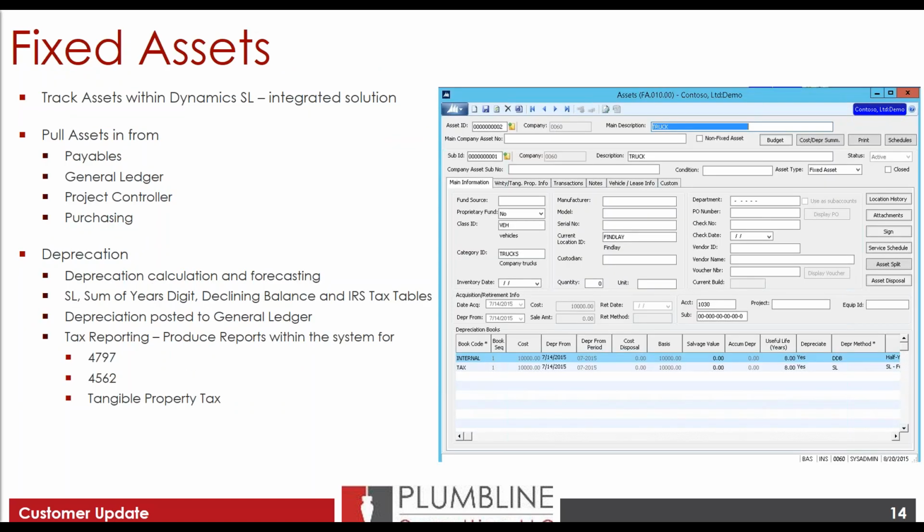And then one of our most popular products is fixed assets. I always like to talk about this product because I find a lot of people are tracking their assets on an Excel spreadsheet or in an outside system. And our fixed assets brings your fixed assets into SL,